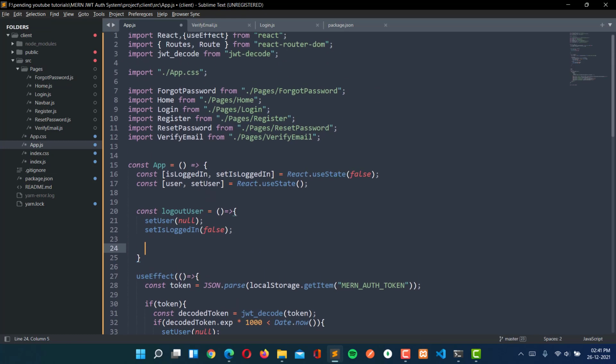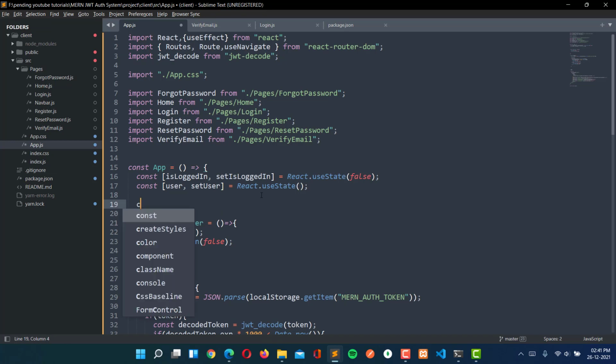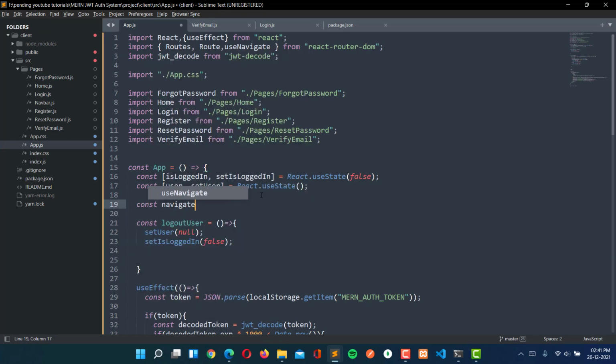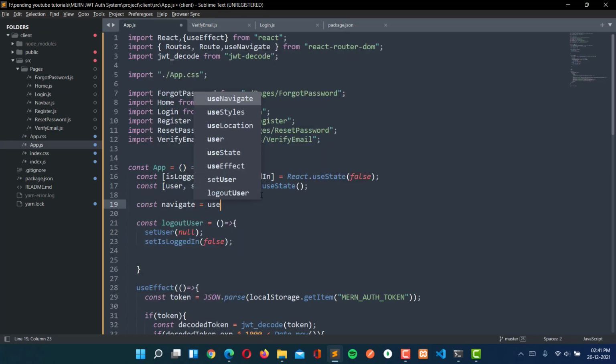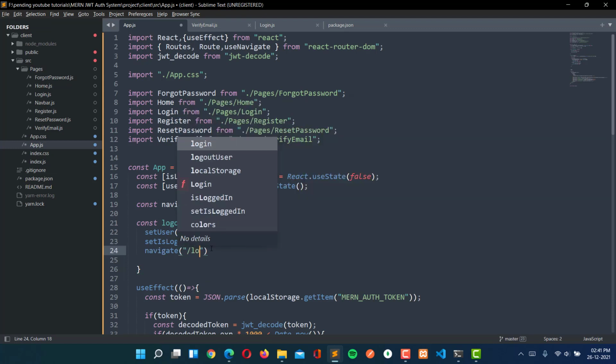Then we are going to use navigate here. So let's import useNavigate, and const navigate is equal to useNavigate, and we are going to navigate this to login.